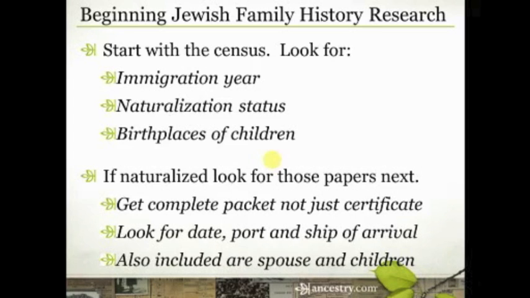It should, at the minimum, contain that declaration of intent and that petition for naturalization. It will also often include the date, the port, and the ship of arrival. So they've done the research for you. Now, that's not always